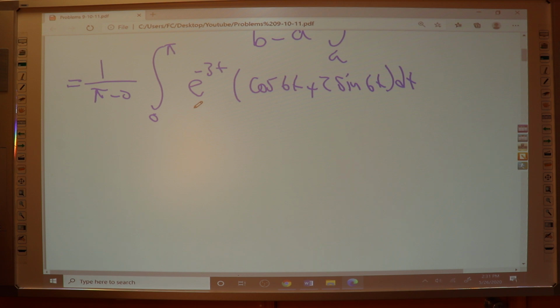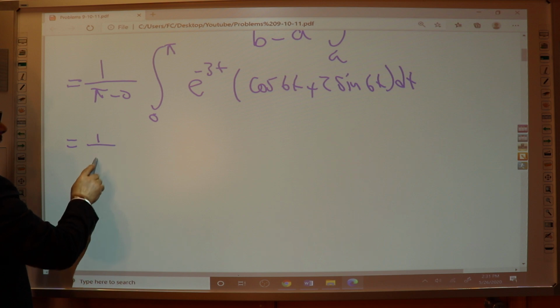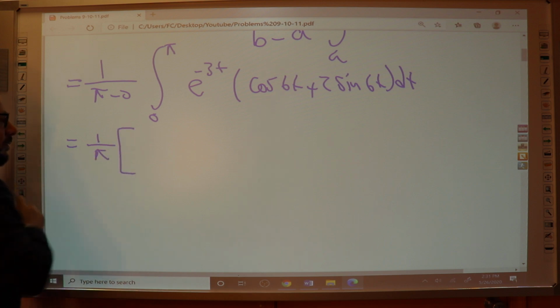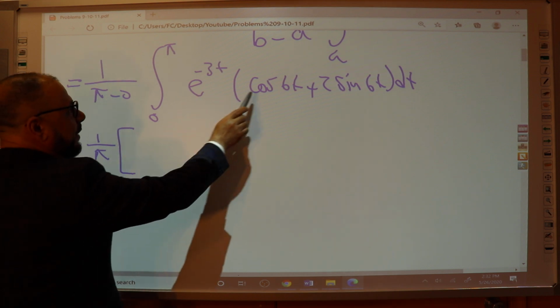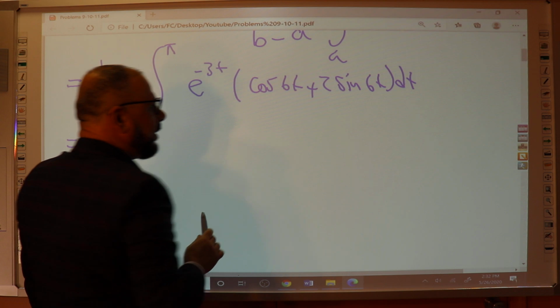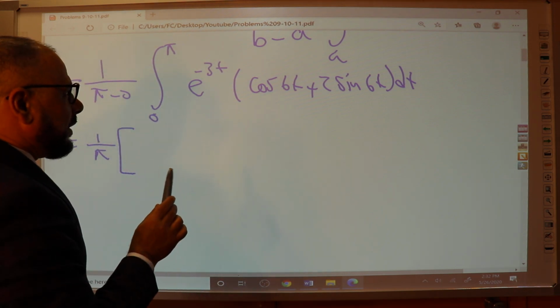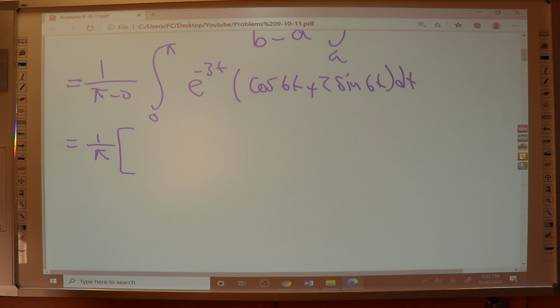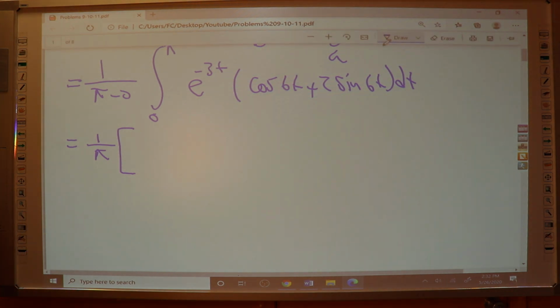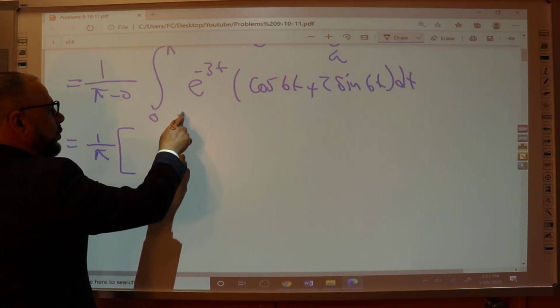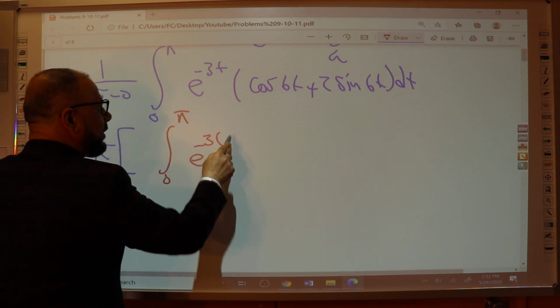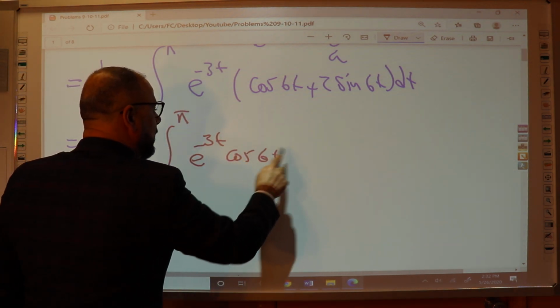Okay. Now, look what I'm going to do. This equals 1 over pi. I'm going to multiply the e to the negative 3t by cosine 6t, then by 2 sine 6t. Then I'm going to have two integrations, not one. Each one I'm going to do in a different color. Okay, let us go to this color. Integration from 0 to pi of e to the negative 3t cosine 6t dt plus